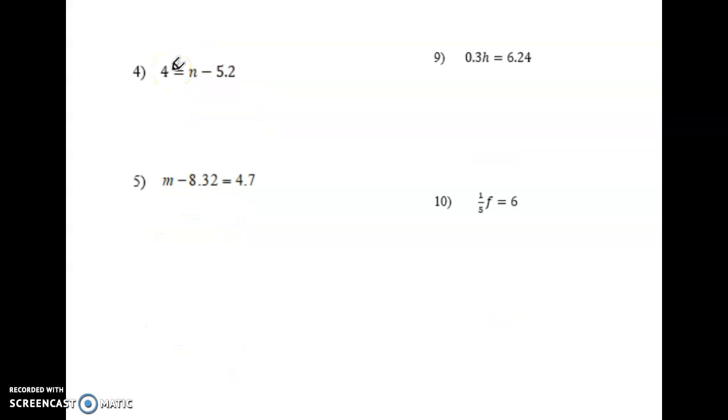Number 4. 4 equals n minus 5 and 2/10. Draw my wall. N wants to get rid of the 5 and 2/10. He's in the same room. The opposite of subtracting 5 and 2/10 is adding 5 and 2/10. Adding 5 and 2/10. Now, I'm going to come over here and rewrite it as 4.0 plus